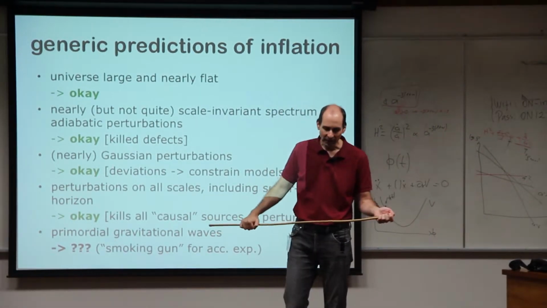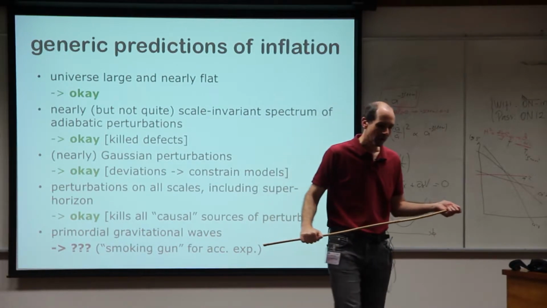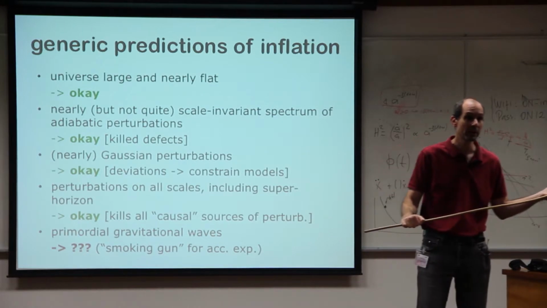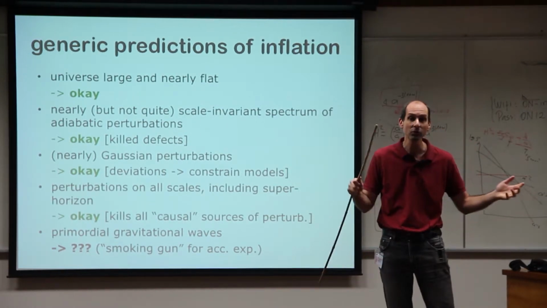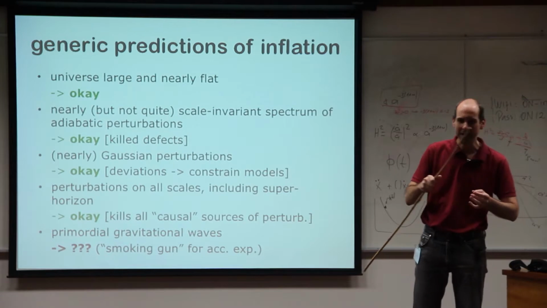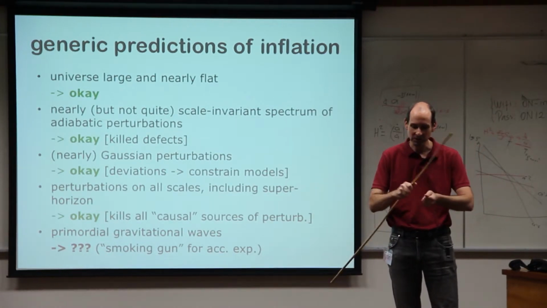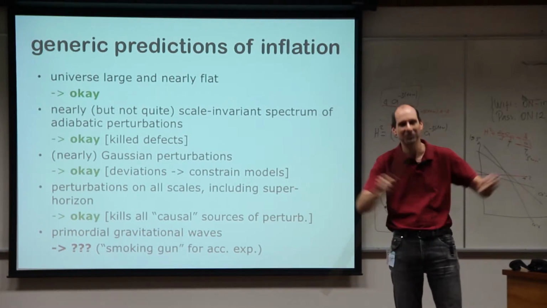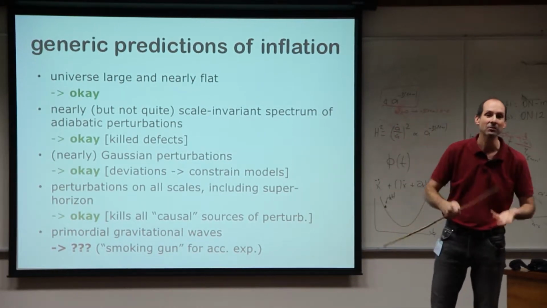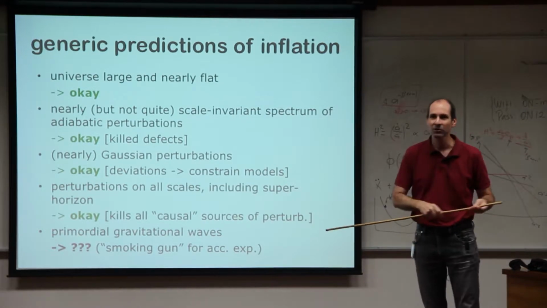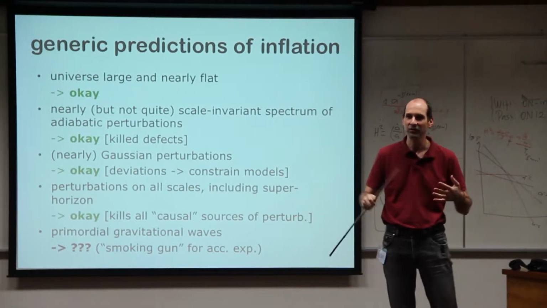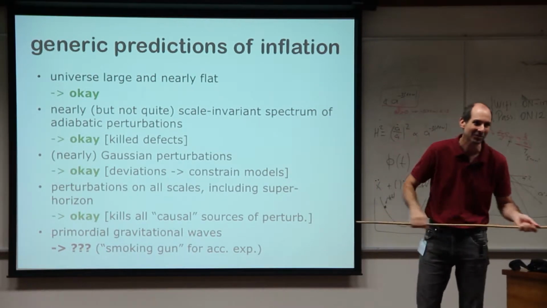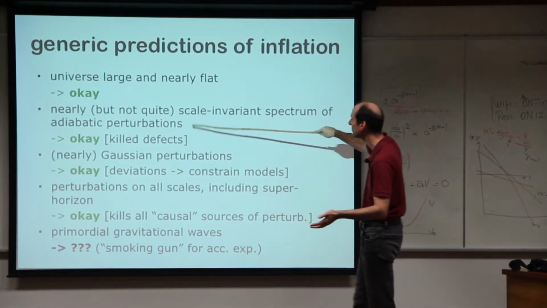Now, another thing inflation does, that I didn't discuss at all, is that if you look at quantum field theory in this background of the expanding universe, you see something a bit like the Hawking effect. You can think of that as if you create virtual particles, because the universe is expanding so fast they are dragged away, and so you create real particles. Or you can think of that as your vacuum changing, and if you project one vacuum on the other vacuum, you find that it's no longer empty, so you have particle creation. There are different ways to do it.